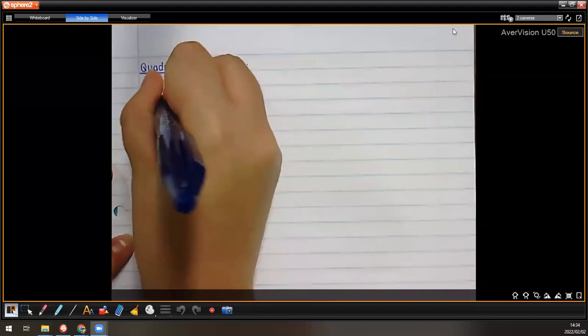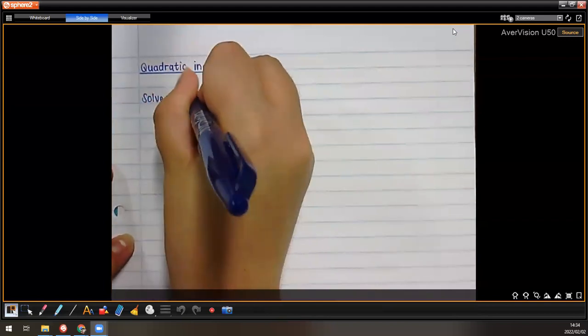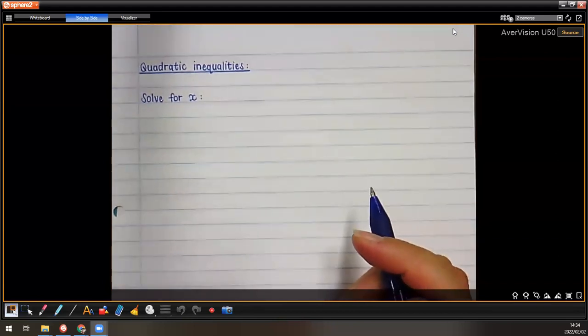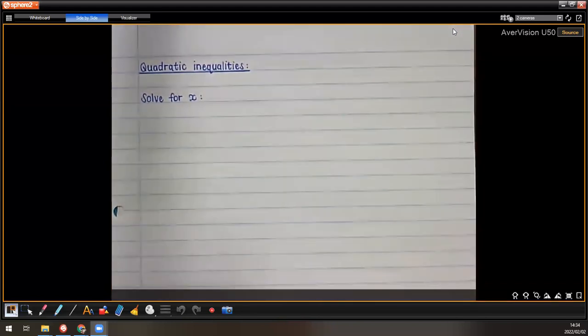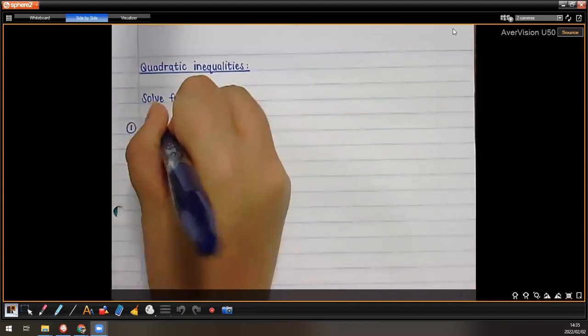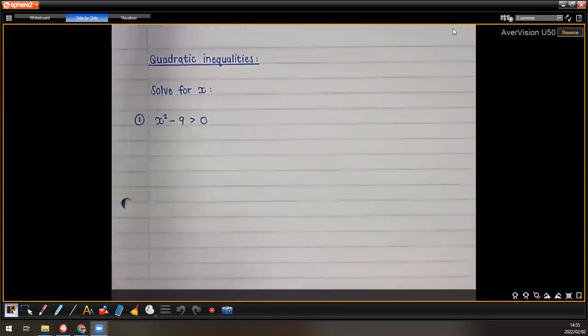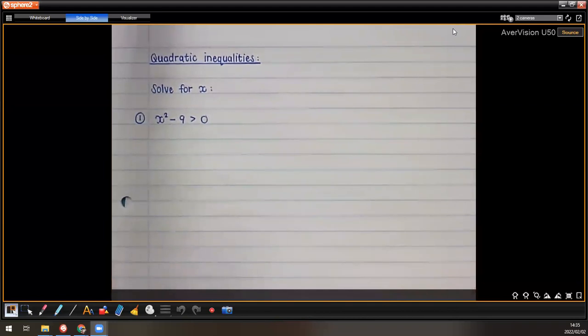Again, it's just going to ask us to solve the x squared minus 9 greater than 0. Okay,